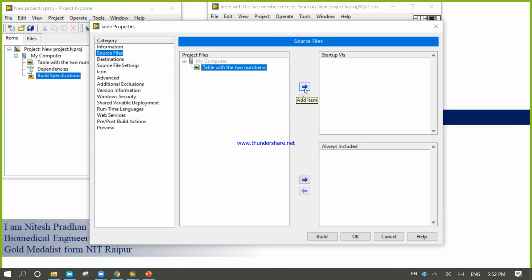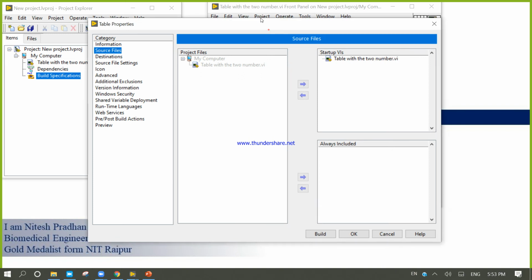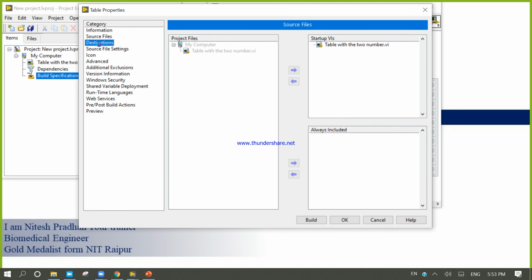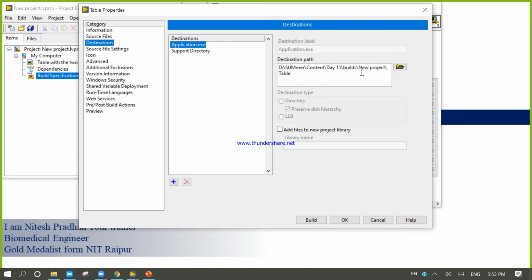You need at least one VI to create an exe. Now click on the startup VI. Now check the destination once.